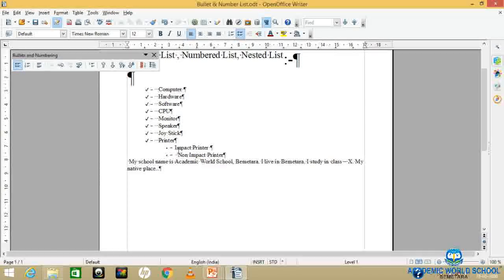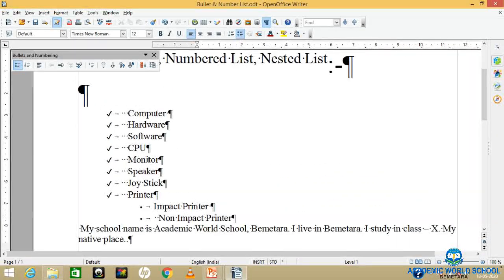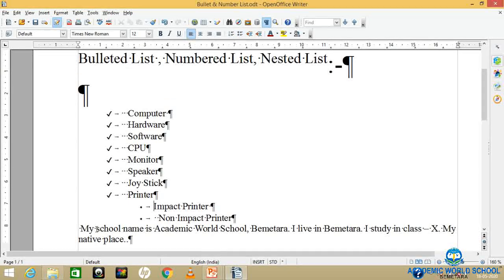You have used the tab button here. Now you can see this dot is showing here. So this dot will be called the space bar button. How many times you have pressed the space bar button will be represented by this dot.